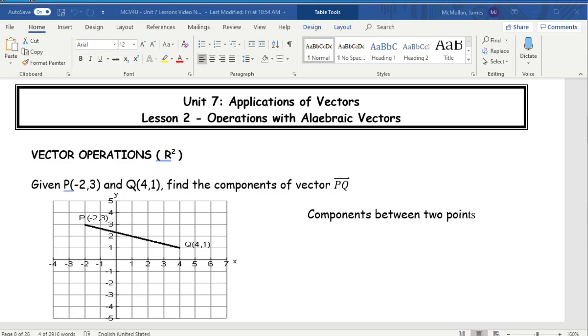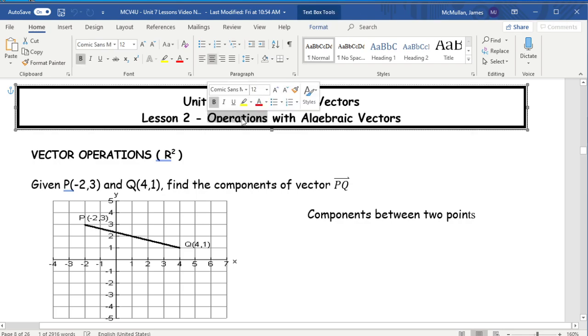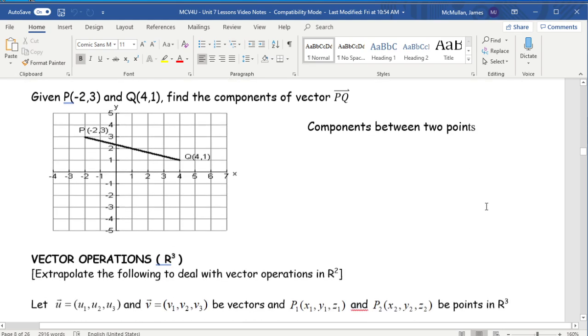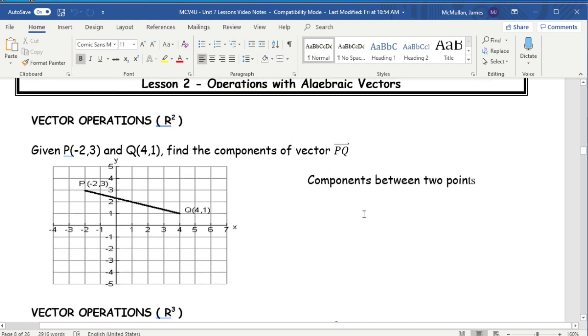Lesson 2 in our algebraic vectors unit talks about some operations that you can do with them. And this is really where we start to expand what vectors are good for and what they allow us to do. Now, there's a very common teaching strategy in this unit which I am going to follow, which is to complete tasks in 2 dimensions using algebraic vectors so that you have an easier time visualizing what you're doing